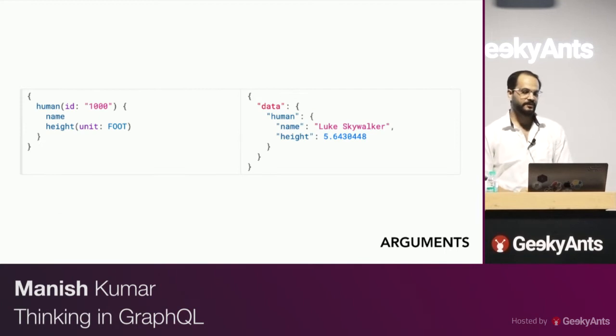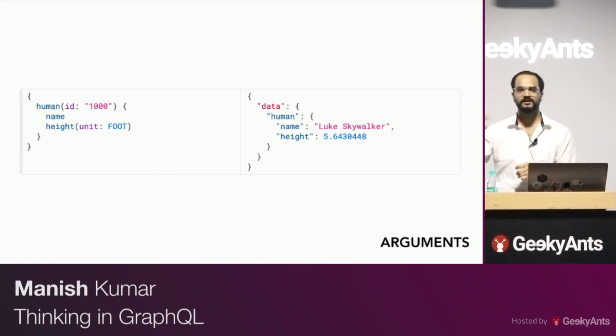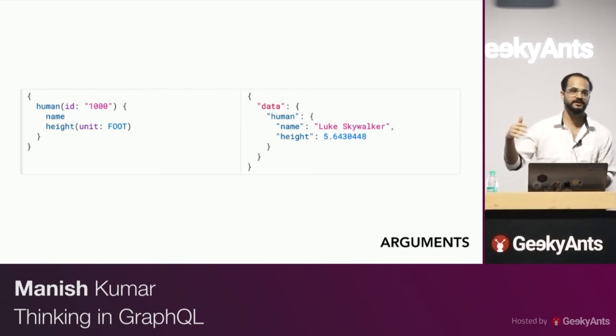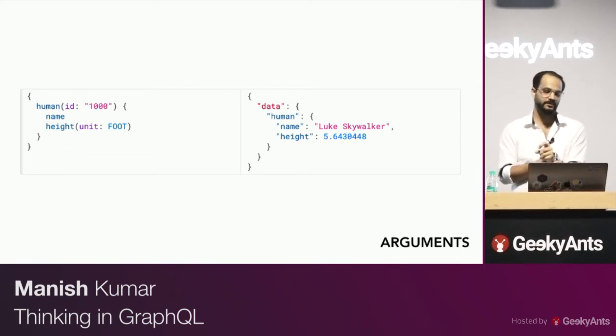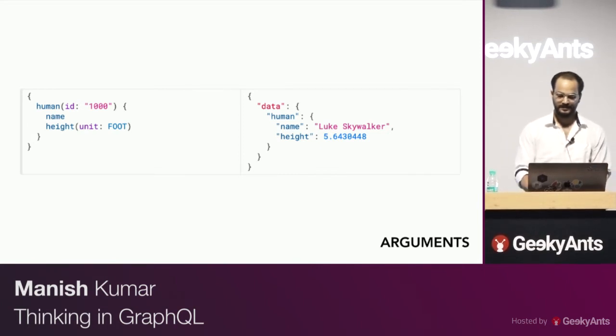The next important piece here is arguments, which was previously described in query, but I just want to reiterate. Like in get, you pass query parameters, right? You say myapi.com status equal to 1, 2, something, ID equal to 1, 2, and then you get the user with ID 1 or 2, right? So here you can do the same thing by passing it inside in this kind of syntax.